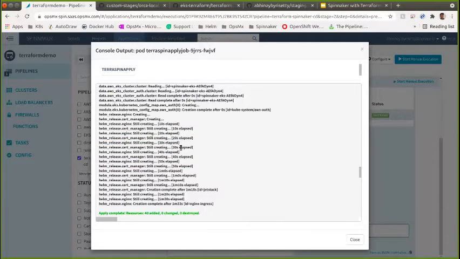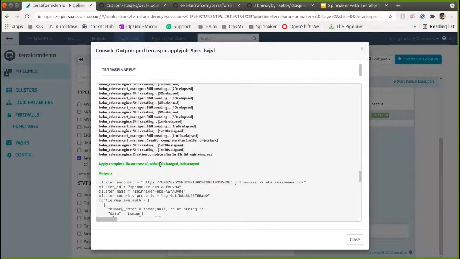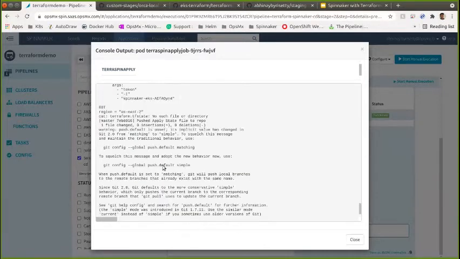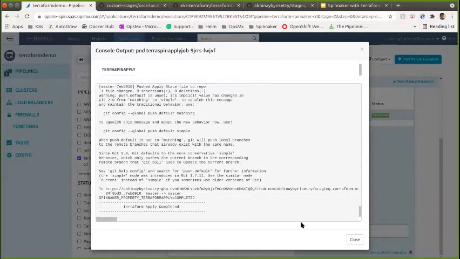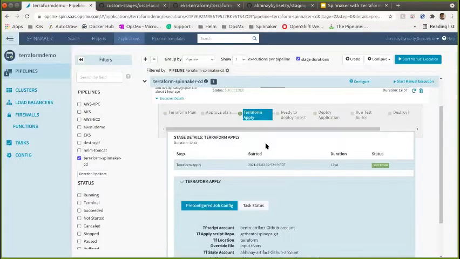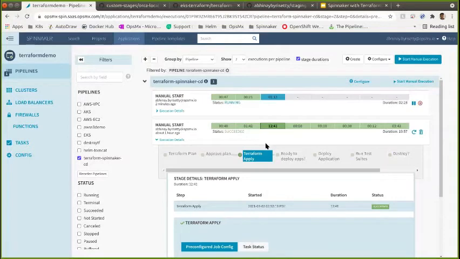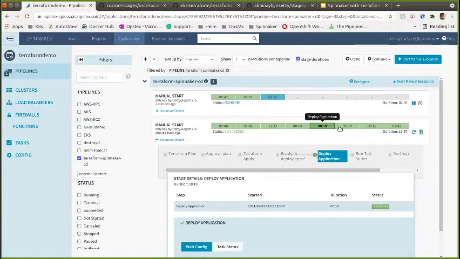And as certain resources got created, I get the kubeconfig file to that cluster. I'm creating an EKS cluster, so I would want a kubeconfig file to connect to it, right? So the same kubeconfig file can be used in the subsequent stages to deploy the applications. And once it deploys my application and runs some test suites,